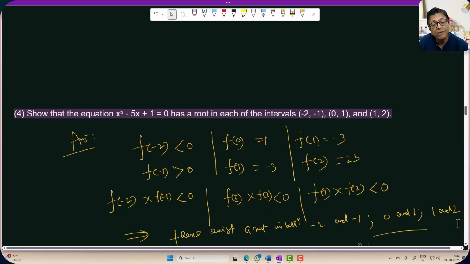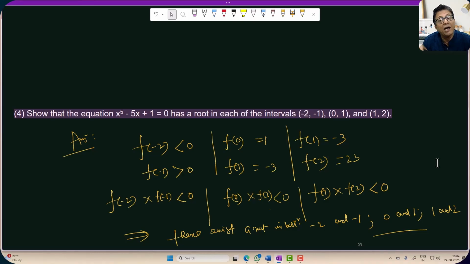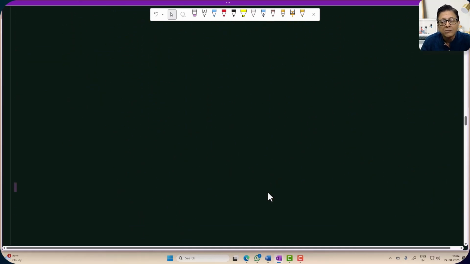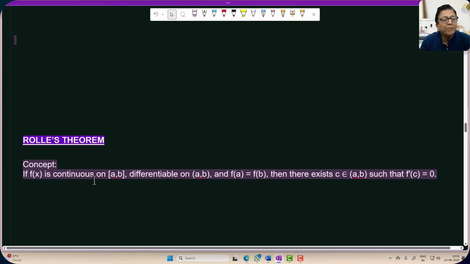All roots can be determined, but wait for that. This is just the beauty of the intermediate value theorem. It will help you to locate the root, at least. You can get from there which 2 points it lies between. Next we are going by Rolle's theorem, which as a class 12 student you might have done before,